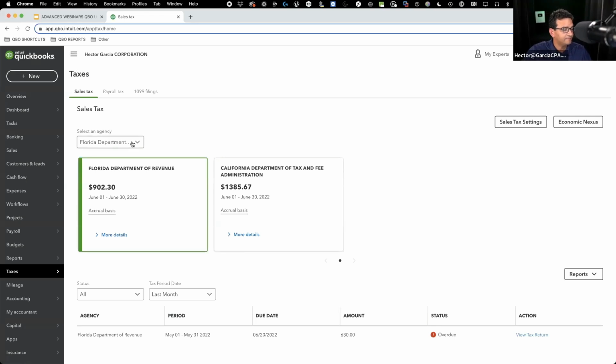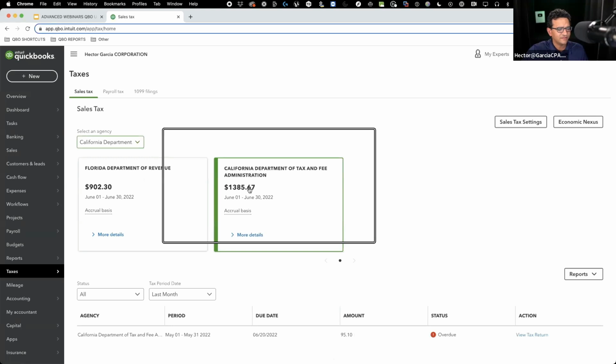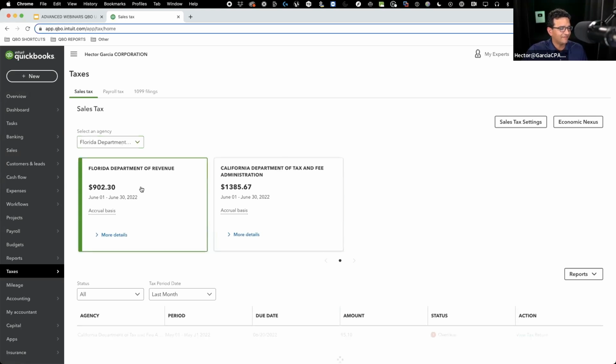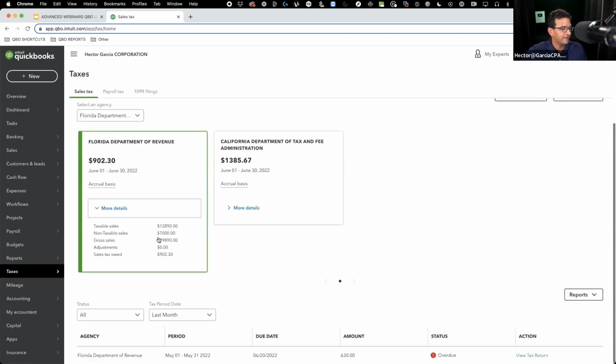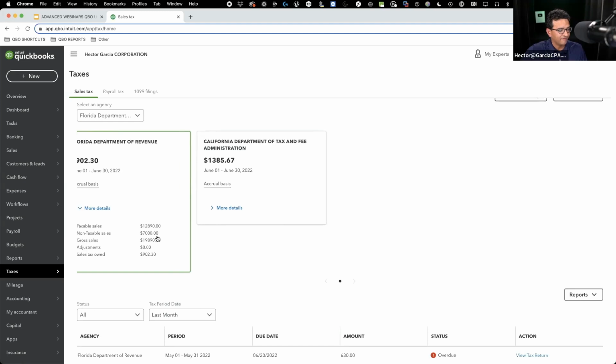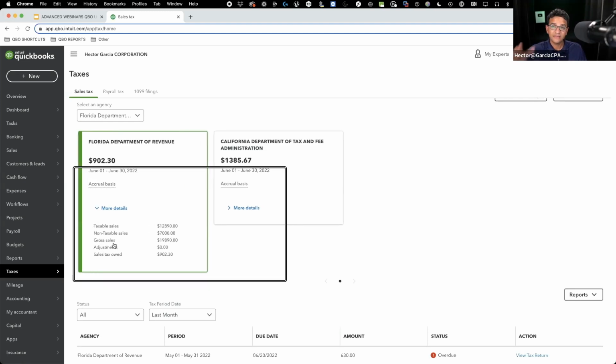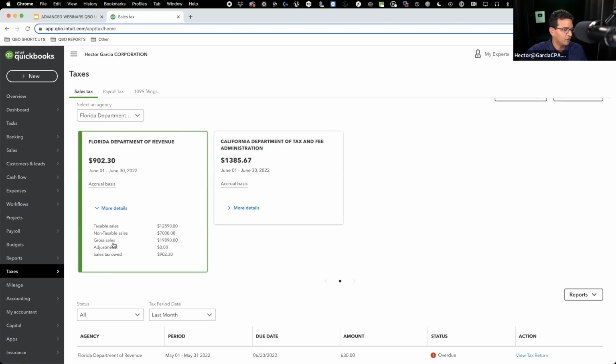With these tax agencies, every state's going to have this little box that shows you the current state. When you click on more details, it just gives you a quick preview. Now, this is not the tax return information. This is because this is current month or current quarter, however you have it set up. It tells you here briefly whether it's set up for accrual or cash. I like that because you can actually set up some states as accrual, some as cash if you want to